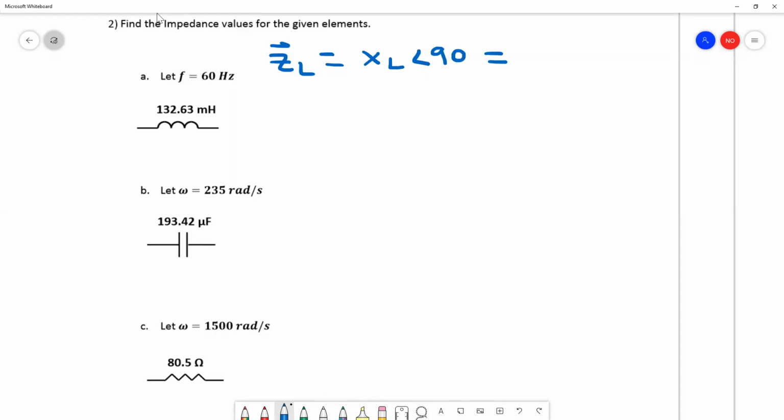We can expand that with the reactance of an inductor equation into either omega L at 90 or 2 pi frequency L at an angle of 90. So we're given frequency in this one. So this is the equation that we're going to be using. So ZL equals 2 pi FL at angle 90